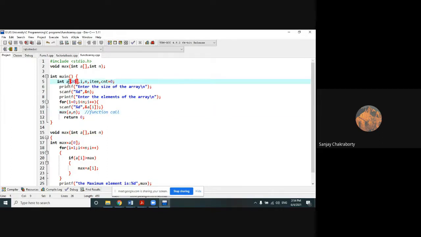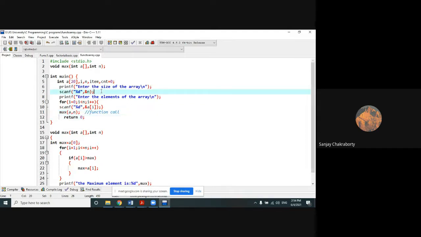What is a here? a is only the array name. You should not give any kind of square bracket with it, it will give an error. This is the only way of passing an array through a function during the function call: only the name of the array, then a comma, then the size of the array.